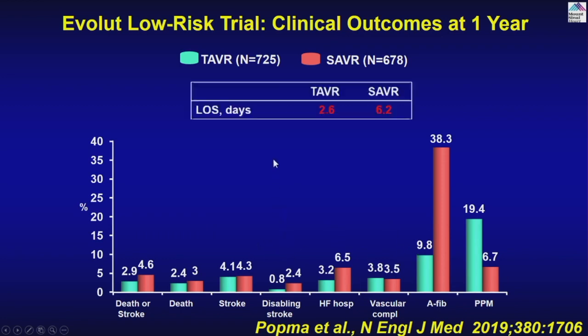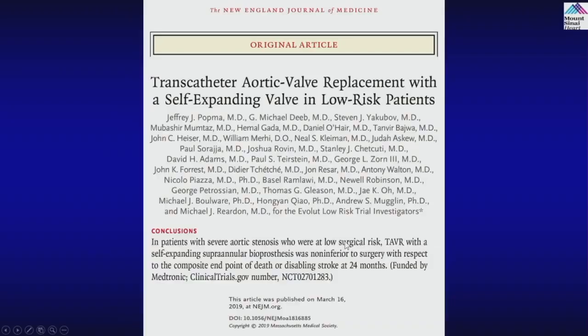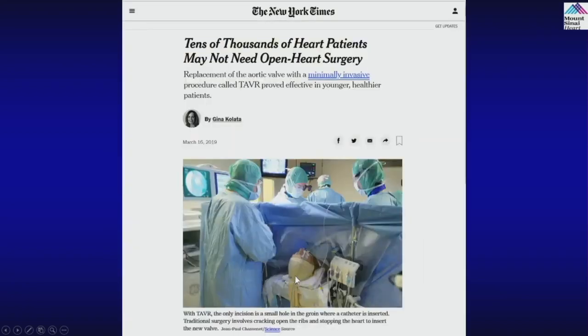A similar outcome, and look at the length of stay. Patients go home in less than 3 days compared to surgery, where they stay longer. But as we have shown, TAVR has a slightly higher pacemaker rate compared to surgery. Based on that, this was the New England Journal paper that came out with a simultaneous publication, and this